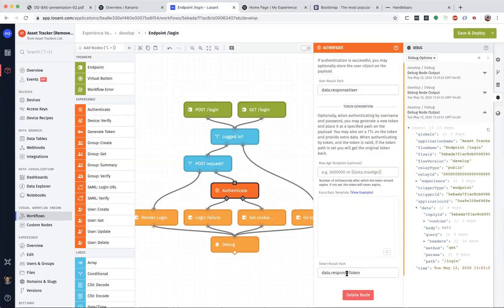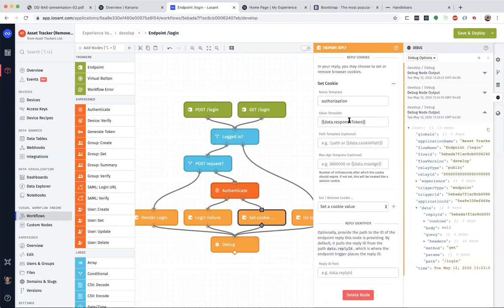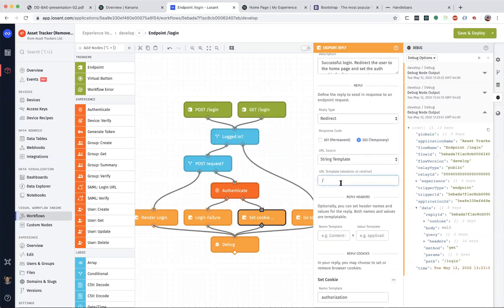And let's also take the token. So this authenticate node is also going to generate a token that the user can then use to send up with additional requests, so they don't have to keep logging in with every request they go through the application. And we're going to set that as a cookie in their browser. And then every request they make thereafter to my application is going to include that token. And now they can navigate the app as their signed in user. And then of course what I did is I am redirecting to my home page.